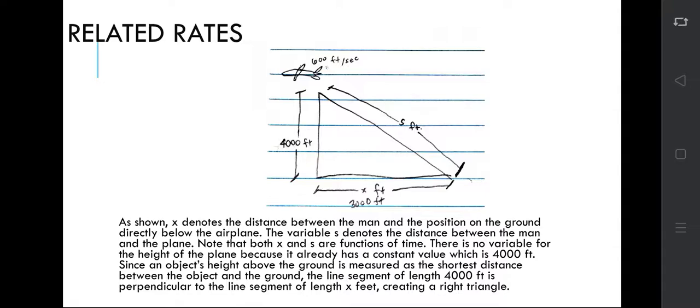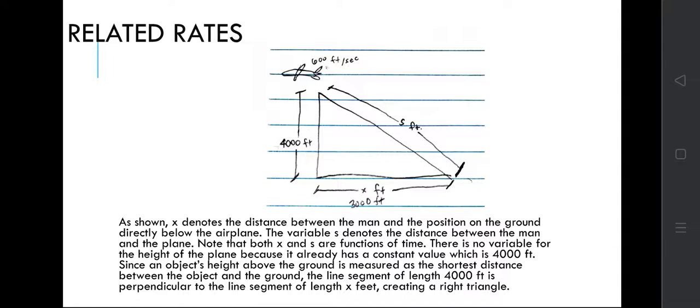ang graph. Tingnan yung mga variables na pwedeng gamitin and saka na natin iset up yung equation. As shown, x denotes the distance between the man and the position of the ground. Ito yung lalaki pala, by the way. Tapos ito yung distance. The variable s denotes the distance between the man and the plane. Note that both x and s are functions of time. So parang